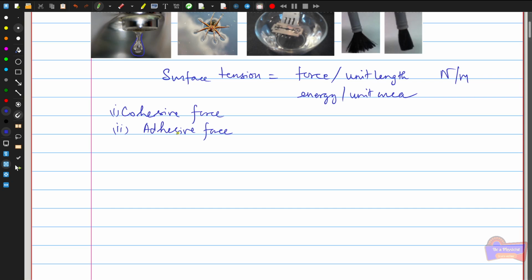On the other hand, the adhesive force is the force between different substances. For example, the attraction between a water molecule and a glass molecule. Suppose water is poured into a glass. The cohesive force between two water molecules is very small compared to the adhesive force between the glass and the water molecules. Therefore, there is a strong attraction between the water and the glass molecules,